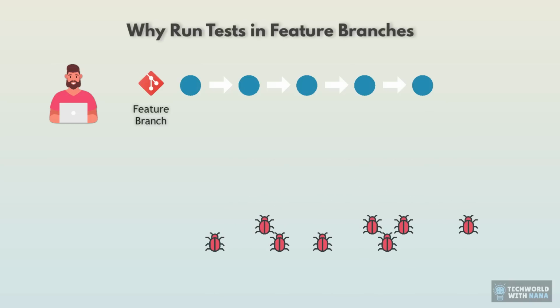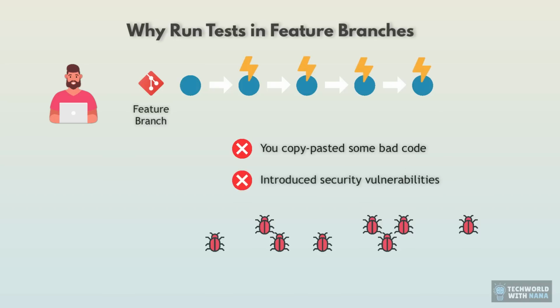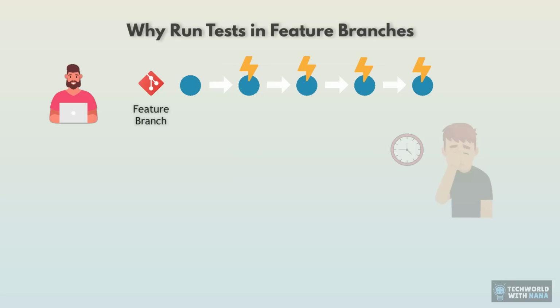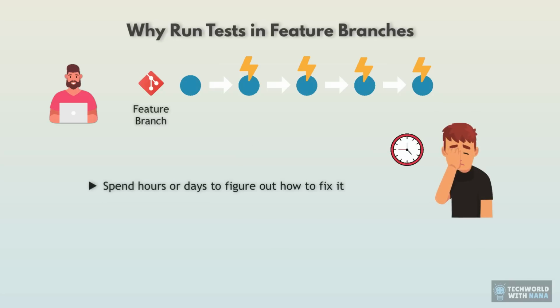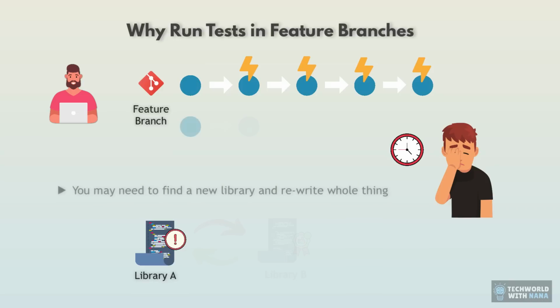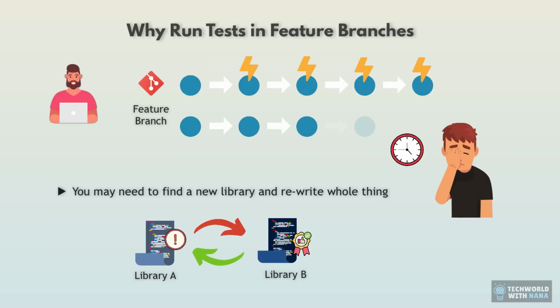So your code works, but you copy-pasted some code snippet from the internet with very bad coding practice and even added some security issues to the application. Now you have to go and spend probably hours or days figuring out how to fix those issues. Maybe you built the whole logic with a library that is outdated or has known issues. So now you have to start over, find a new library, and write logic with the new library,